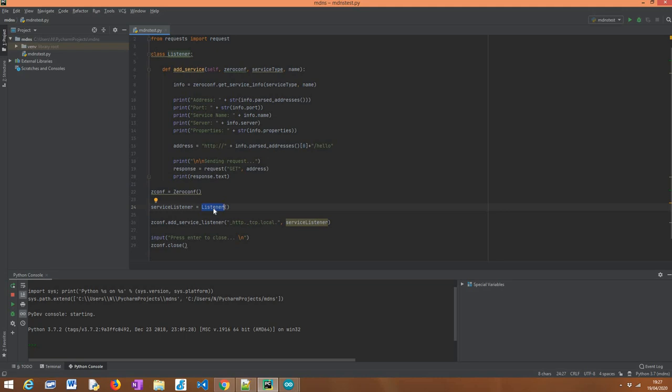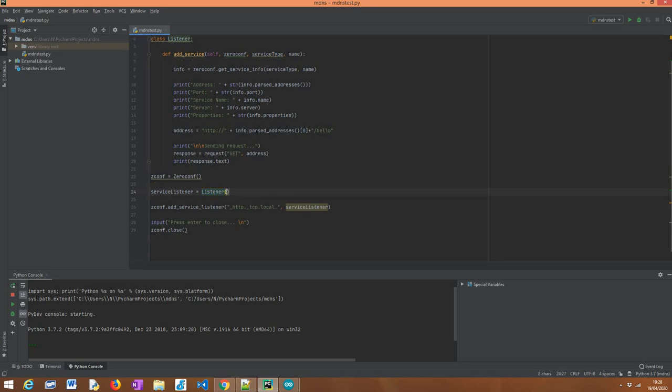There are other functions that can be implemented to handle other events, such as a service being updated or removed. We are not going to cover those scenarios here. We are going to stay with the simplest one, which is detecting a new service being added. But basically, it's a simple class that we'll analyze in a minute. But as you can see here, I'm already assuming that the constructor takes no arguments. And basically, we are going to instantiate here an object of this class.